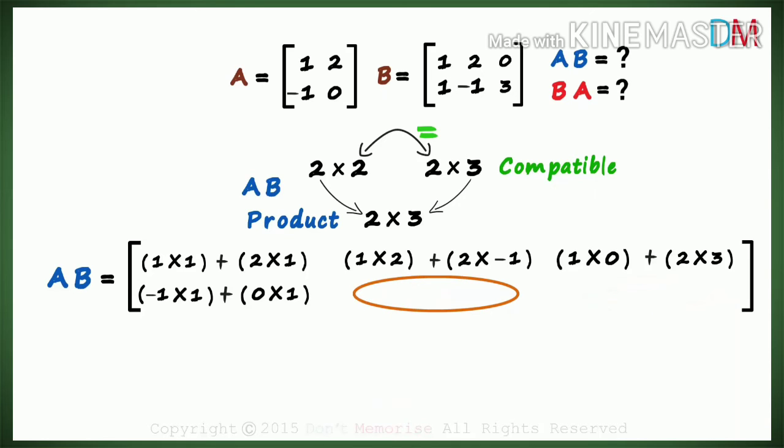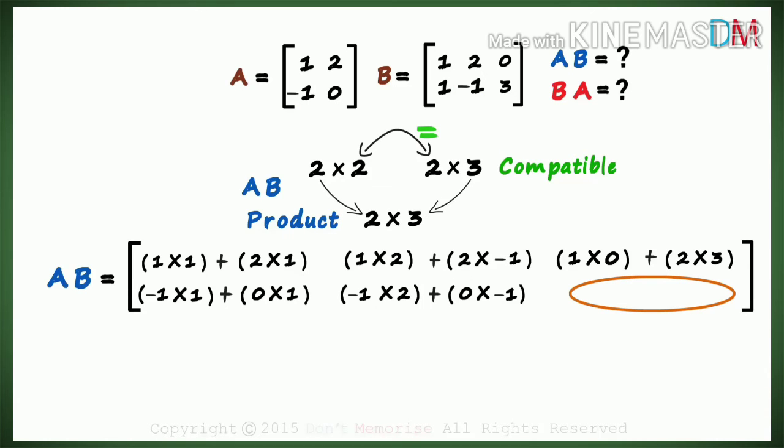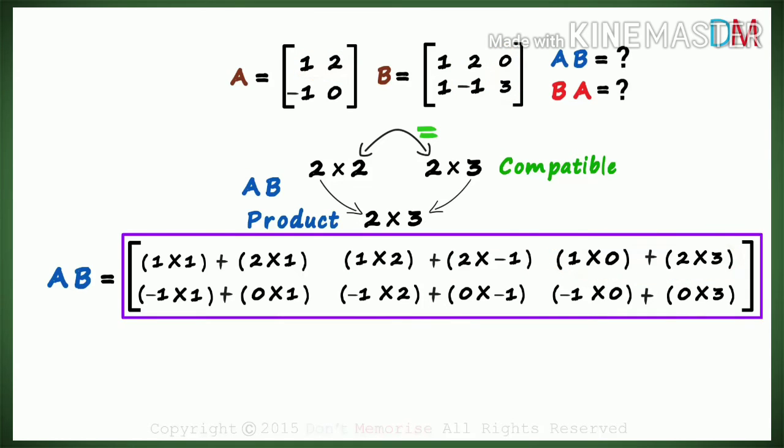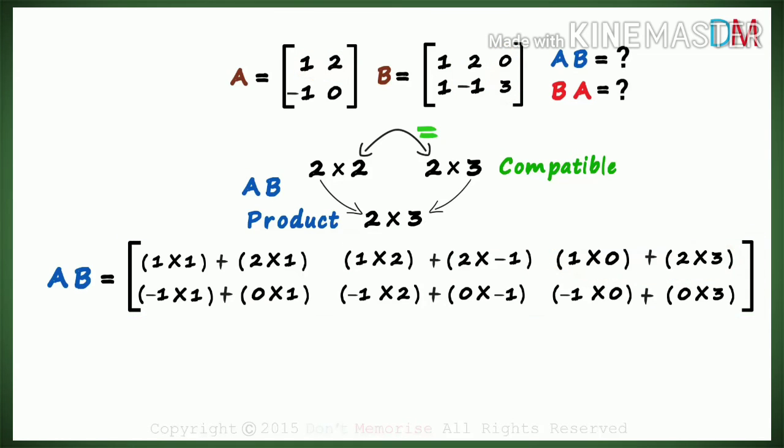For the 2/2th element, we multiply the second row with the second column to get this. And for the 2/3th element, we multiply the second row with the third column to get this. It's quite easy to remember. 1/1th, first row, first column. 1/2th, first row, second column. 1/3th, first row, third column, and so on. This was the part we had to understand well. The rest is just plain simple calculation.